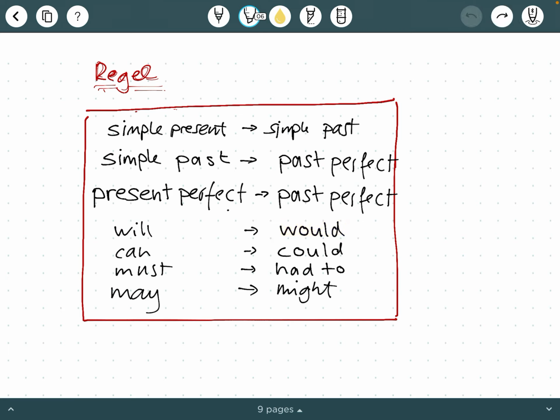If it's a can, it's a could. A must becomes a had to. And a may becomes a might. That's all you need to know for the beginning. This is called the rules of backshift.